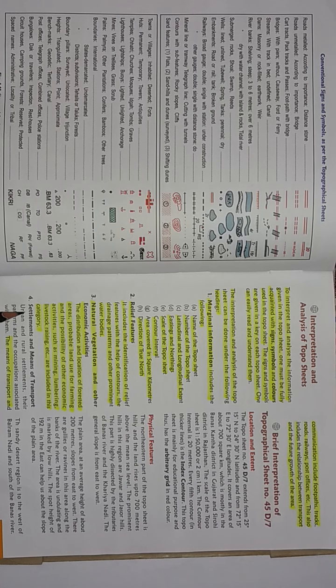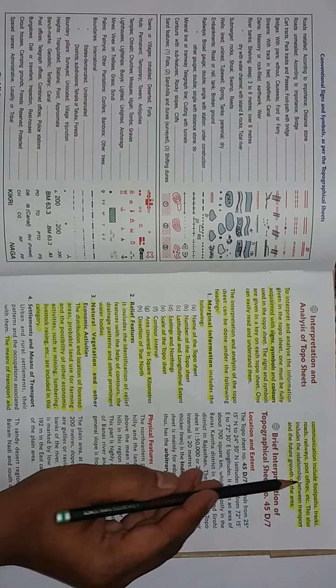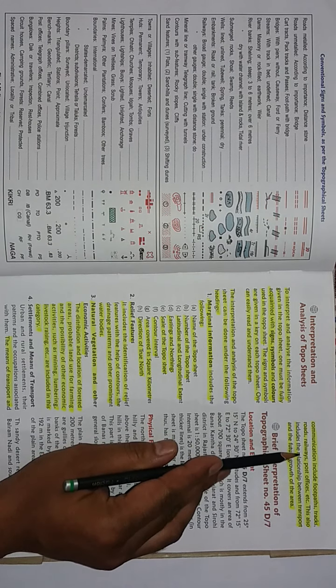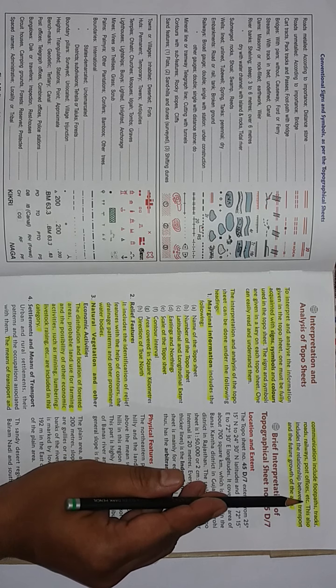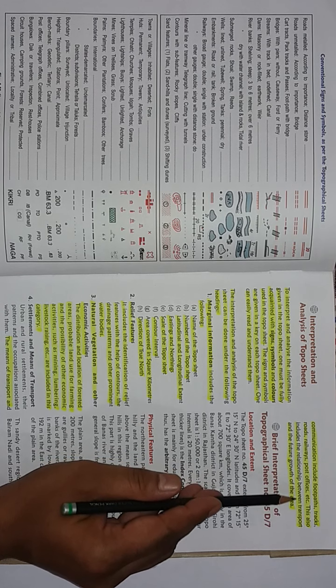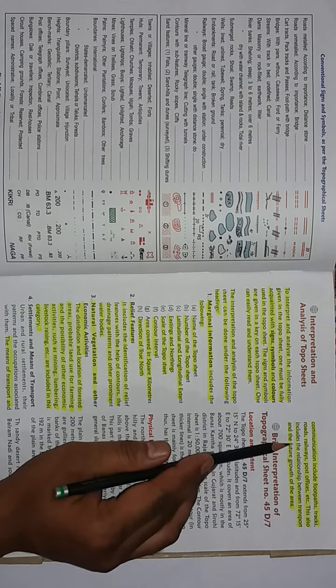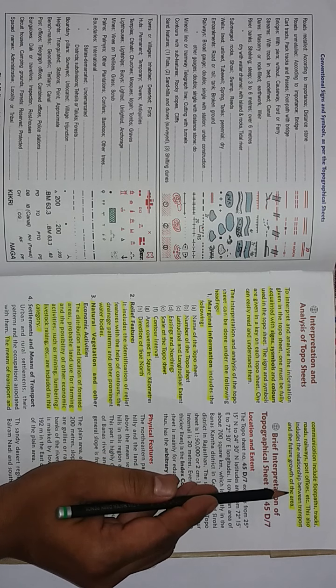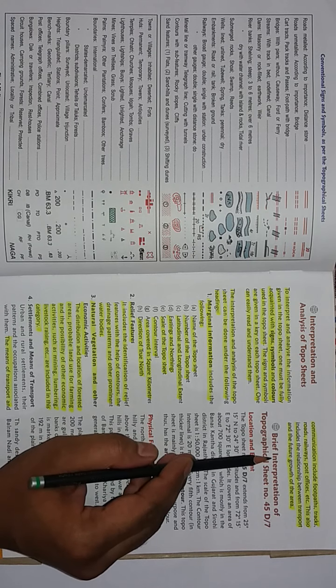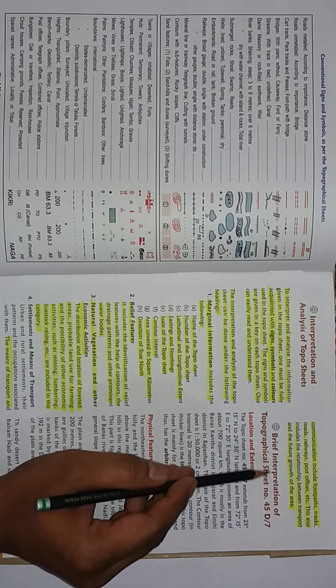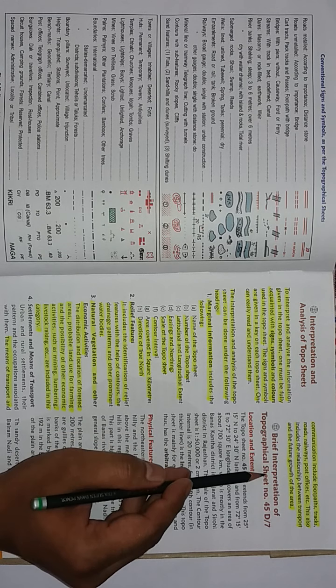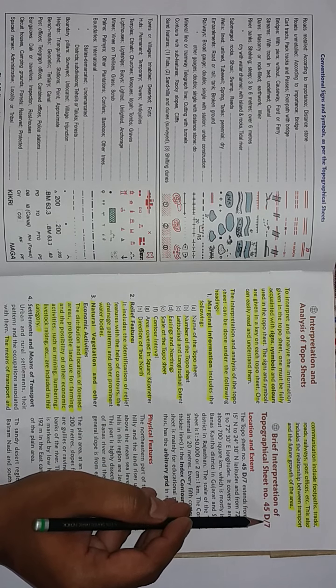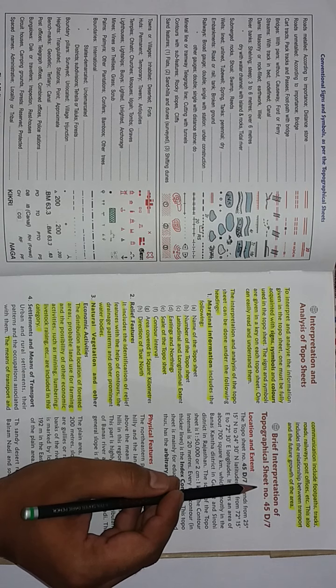Now the fourth is settlements and means of transport. The means of transport and communication include footpaths, tracks, roads, railway, post offices, etc. This also includes the relationship between transport and the future growth of the area. Now this is an example, and a brief interpretation of topographical sheet number 45D/7 is given. You can go through it in the PDF given to you.